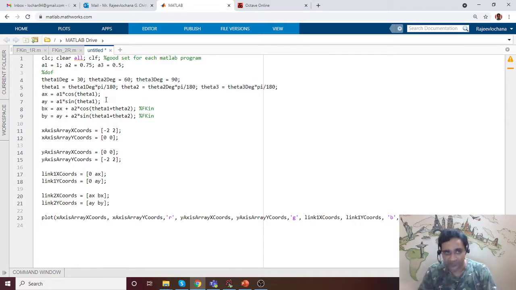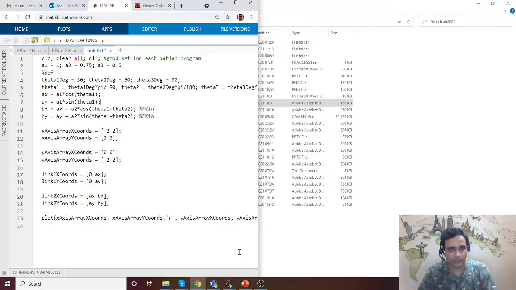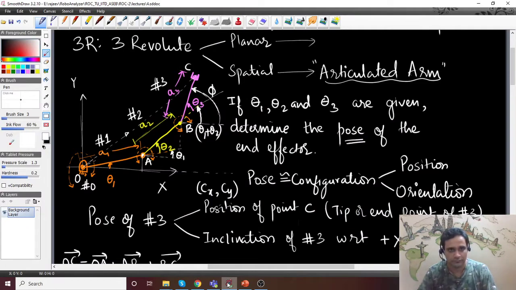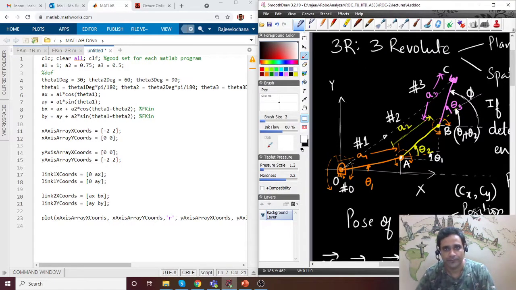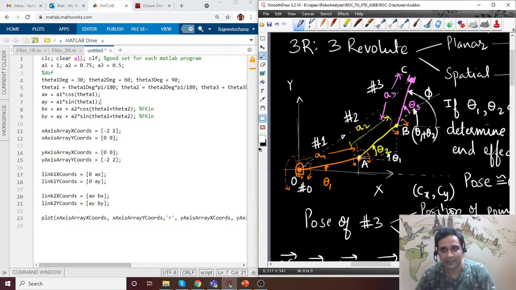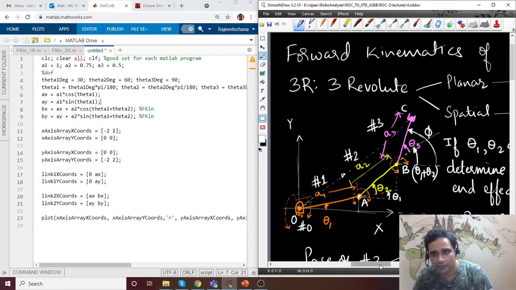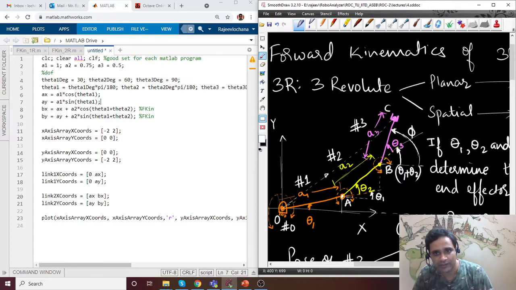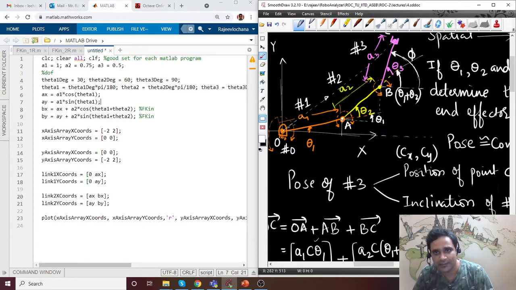Now this is the part on how to get the coordinates. So A will have AX and AY coordinates, which is evident from here: A1 cos theta 1, A1 sin theta 1.